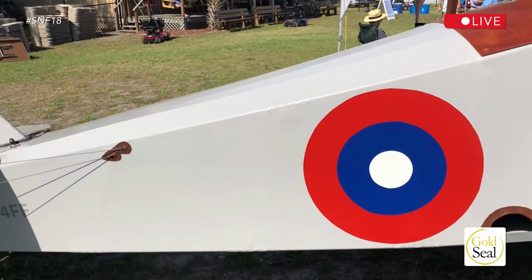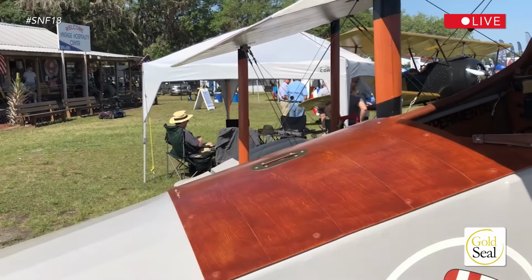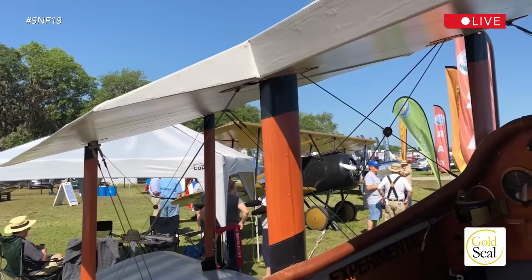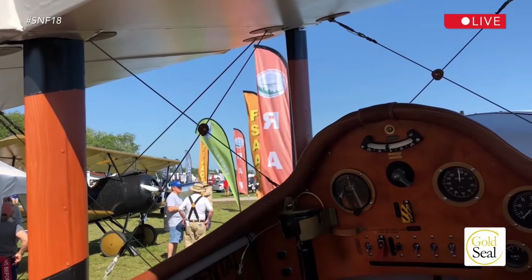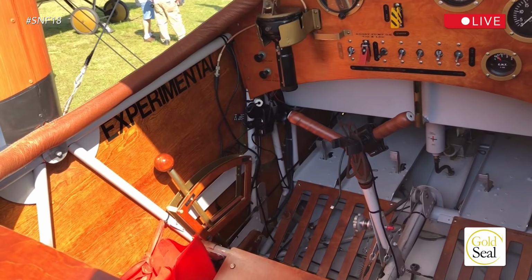You don't usually see World War I aircraft, and so showing you a World War I aircraft like this is just so cool. And that's Eddie Rickenbacker's hat in the Ring Squadron. Just recognize the emblem. It just takes you back, man. If you look at the inside of these cockpits, you've got the kind of